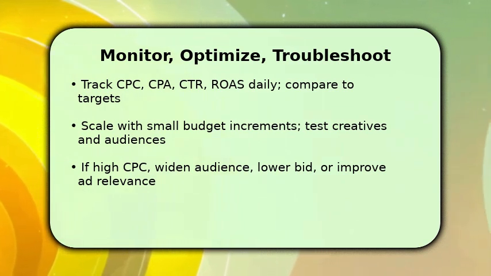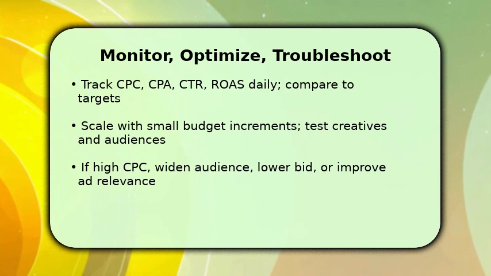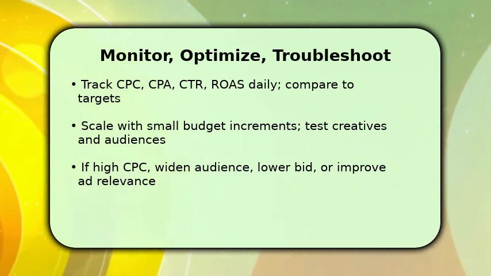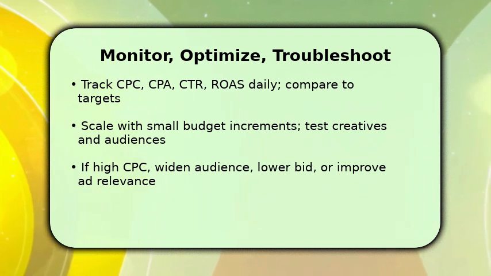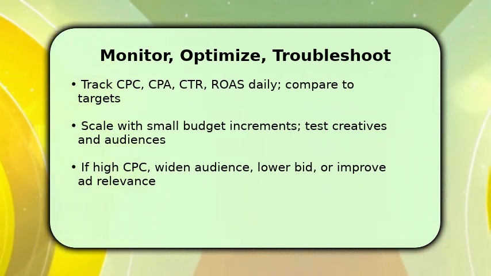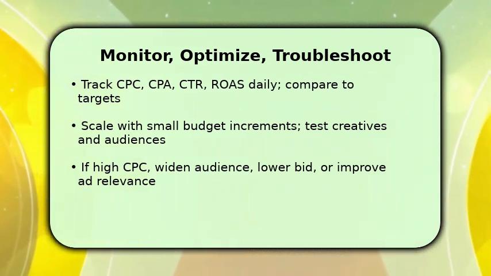If CPC spikes, reduce your bid cap, broaden targeting to increase auction opportunities, or improve ad relevance scoring with clearer CTAs and imagery. Finally, reevaluate conversion tracking and attribution windows to ensure